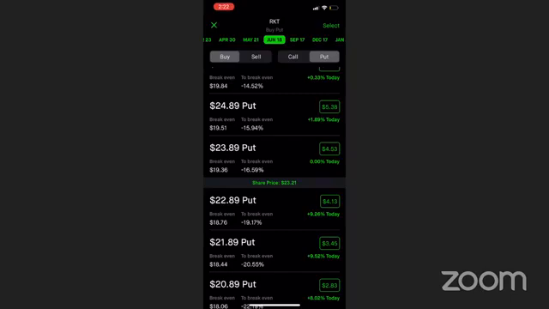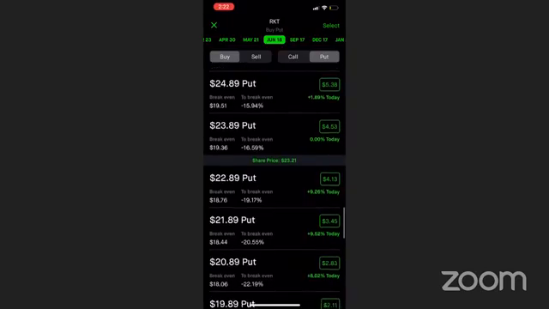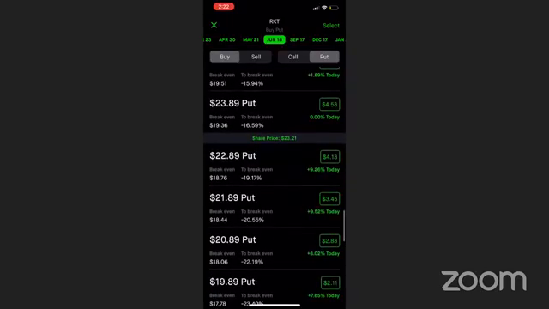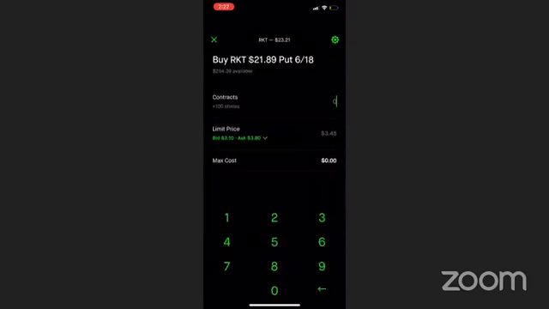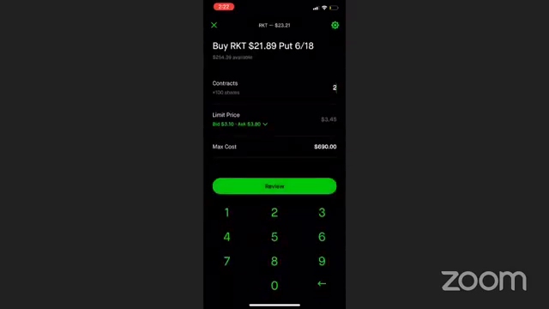Right now, the price is $23.21. I'm nervous. I think that it's going to go down, so I'm going to buy a put just in case. I can say if it goes down to $21.89, cash me out. And I need coverage for 2 contracts. That means I would pay out